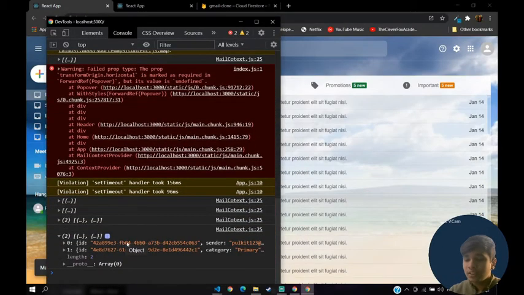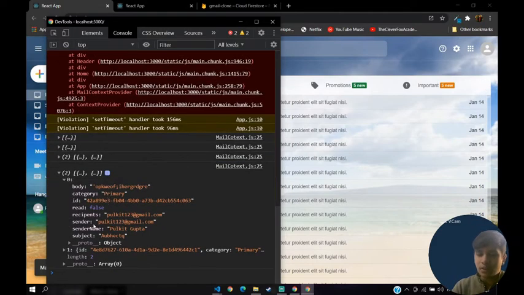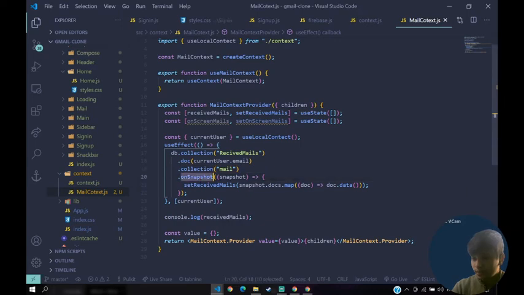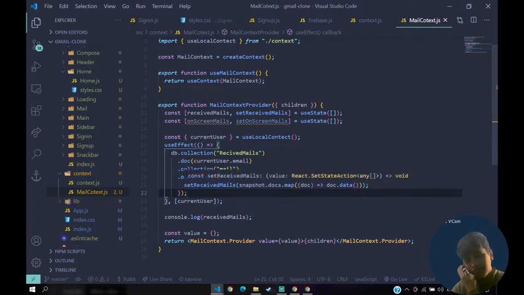So it's always listening to you. You don't have to refresh to check another mail, it will automatically display it for you. That is what the snapshot was doing. We don't have to refresh just because it's snapshot. It always takes care of the mails, right?